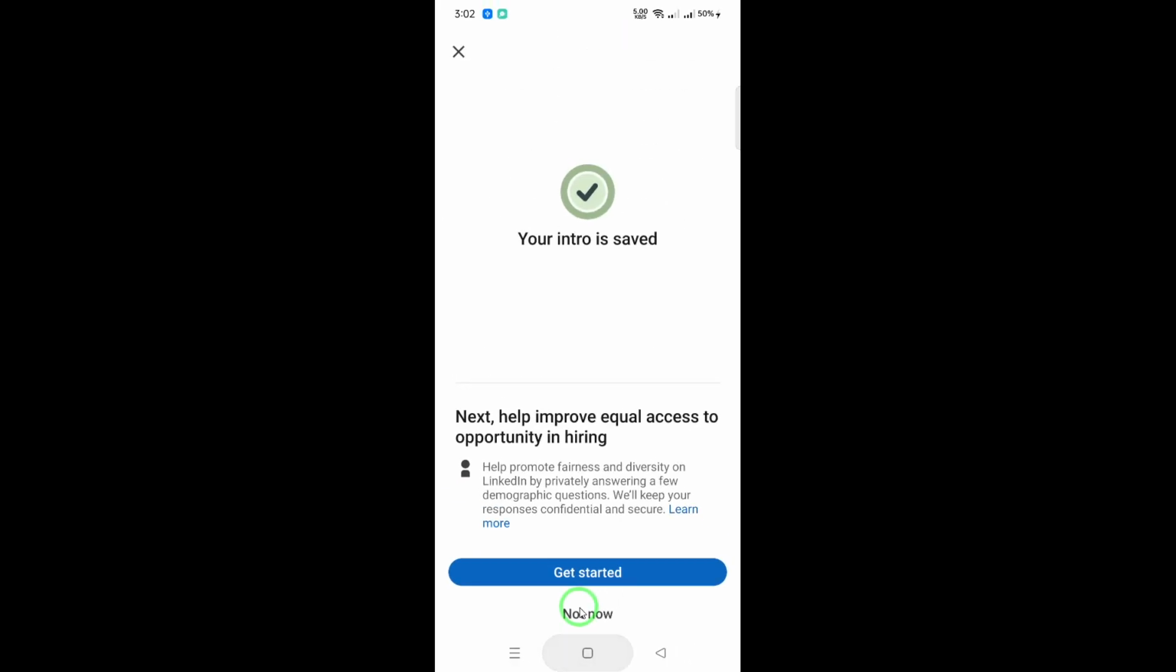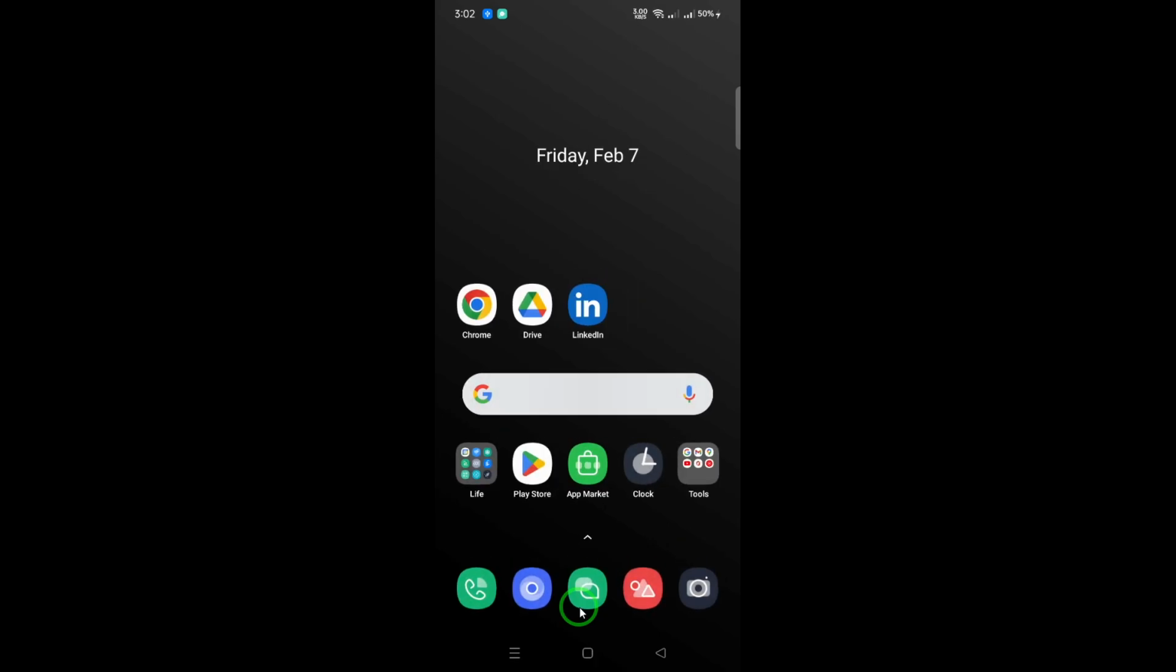By following these simple steps, you can enhance your LinkedIn profile and ensure that it accurately represents who you are. Whether it's a former name or a nickname, showing this additional name can help foster better connections and recognition within